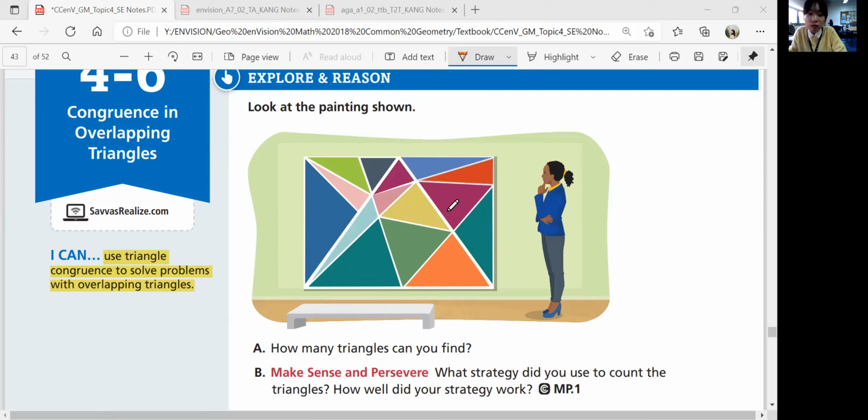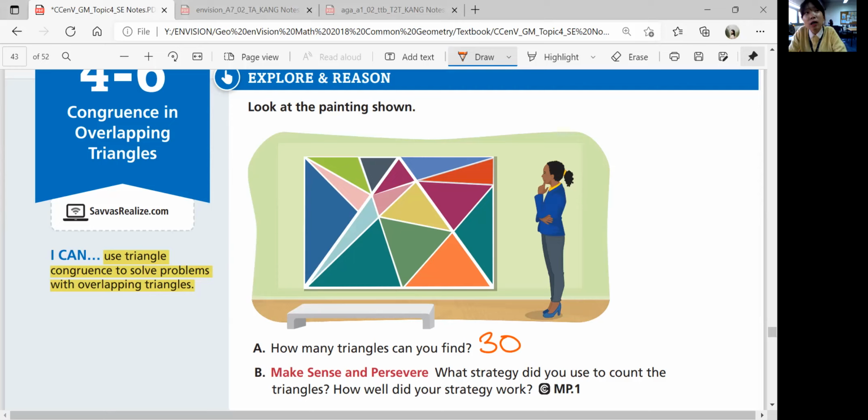Maybe you want to make a chart, or you want to list triangles that you already counted, but how are you going to name all these triangles? You can draw over it, right? So the total triangles, counting all the overlapping triangles, you should be able to find 30 triangles total. Okay, 15 plus 16, 17,